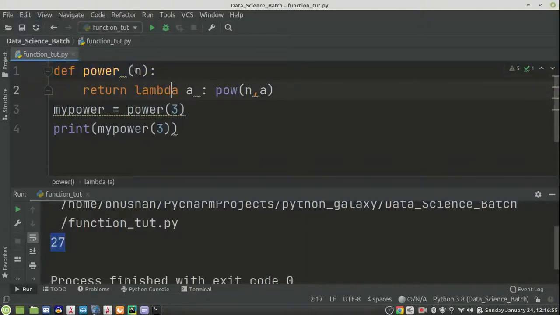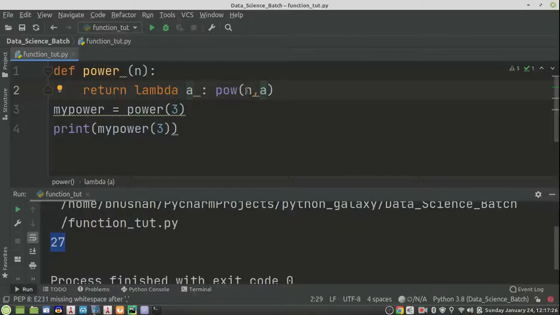Now we require one more value, because we have one more variable here. And as soon as I wrote my_power of 3, this 3 is assigned to this lambda a, and here we got the output: 3 to the power 3, 3 threes are 9, 3 nines are 27.